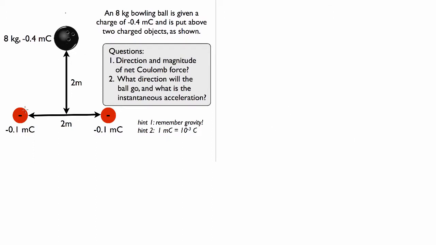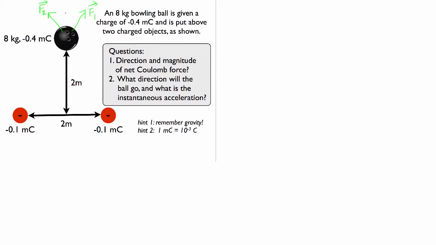So the first thing is there's an interaction between that charge and that ball. And that interaction is along the line that connects the two, and it points up and to the right. And so that's F1. We know that that's an electric force. Now, there's another interaction between that charge and the bowling ball, and it points up and to the left, and it is oriented such that these two charges are the same size. Therefore, the strength of these two forces, I'm going to call that F2, are the same,